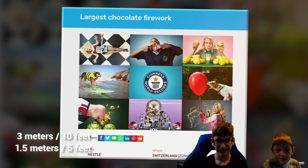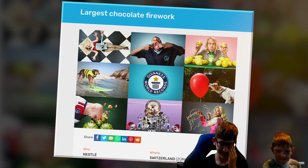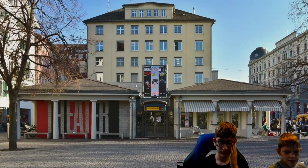Measuring in at 3 meters in height and 1.5 meters in diameter, it contained 60 kilograms of Swiss chocolates and was released at the Hechtplatz in Zurich, Switzerland. When lit, it reportedly exploded